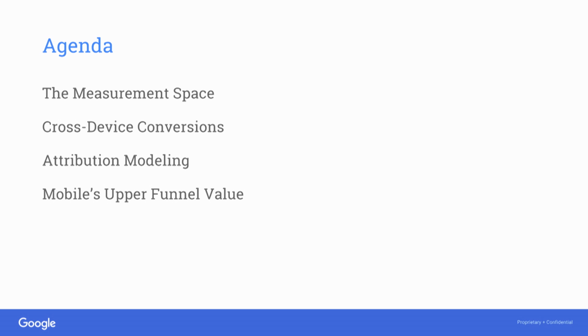So for today's session, we're going to use about 25 to 30 minutes to go over some of the history of measurement and some of the new trends we've seen in the space. We're going to talk about two really important measurement solutions, which is cross-device conversion and attribution modeling. Then we're going to touch upon mobile's upper funnel value, and we'll leave about 10 minutes in the end